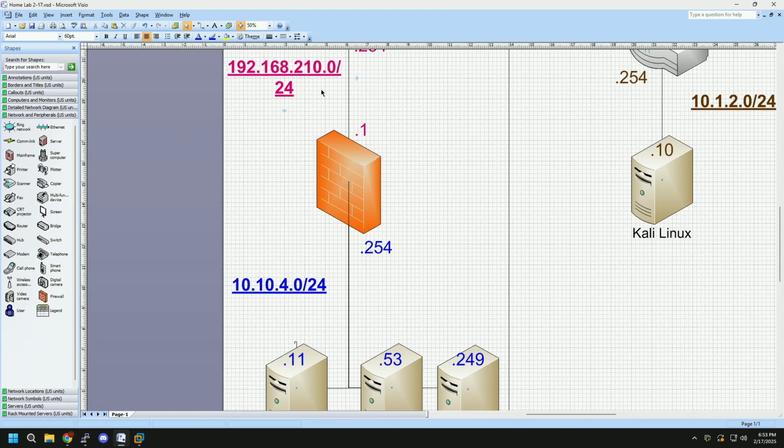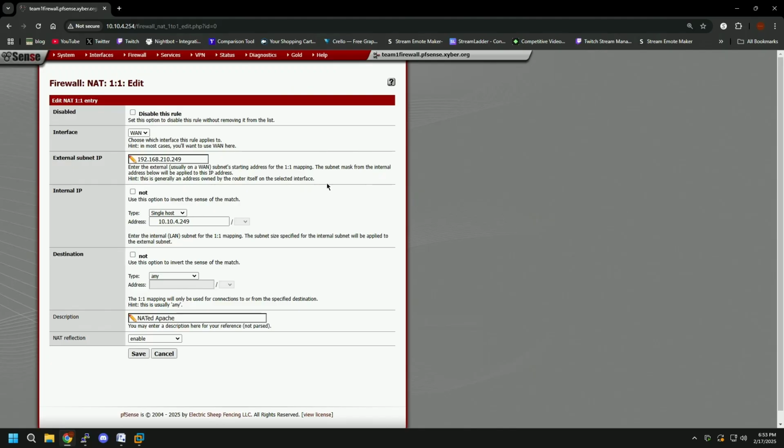192.168.210.249. Now you can make it any IP. I like keeping the last octet. That way, it's more organized. The server 249 last octet on the inside is going to be the same thing on the outside. So that's just what I like to do. You can make this 210.5. It doesn't matter what you make it. So network address translation, so it's translating the address from 10.10.4.249 to